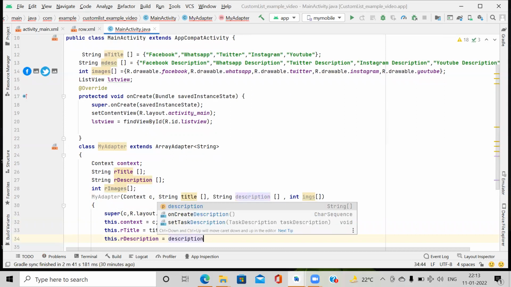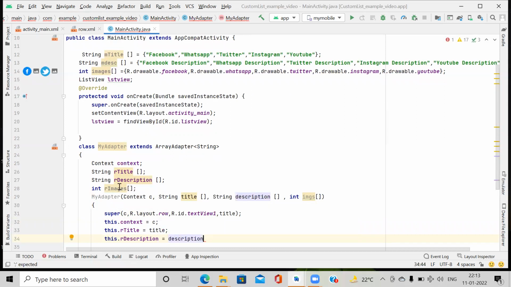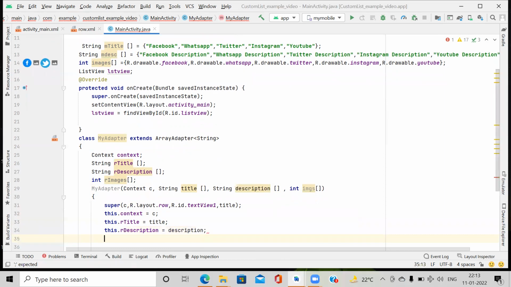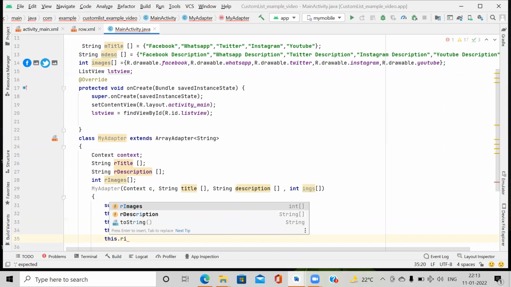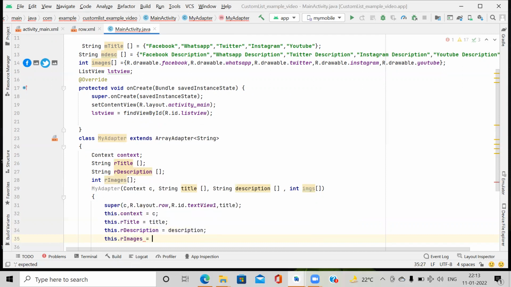So I assign these variables, which are private ones, and this.rImages is equal to images.